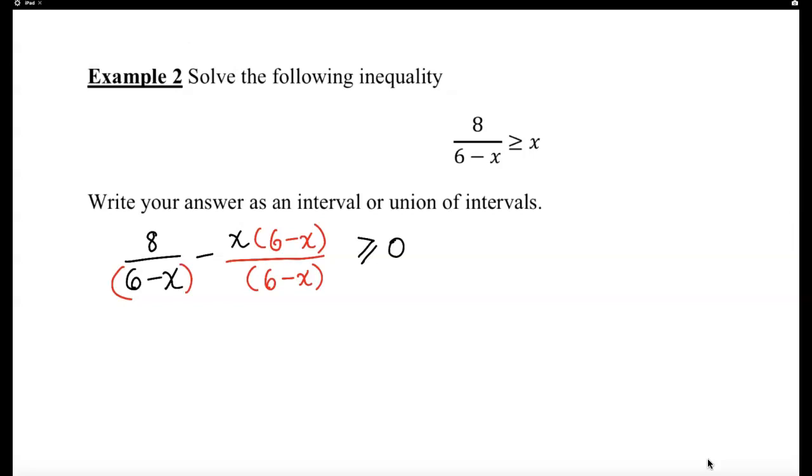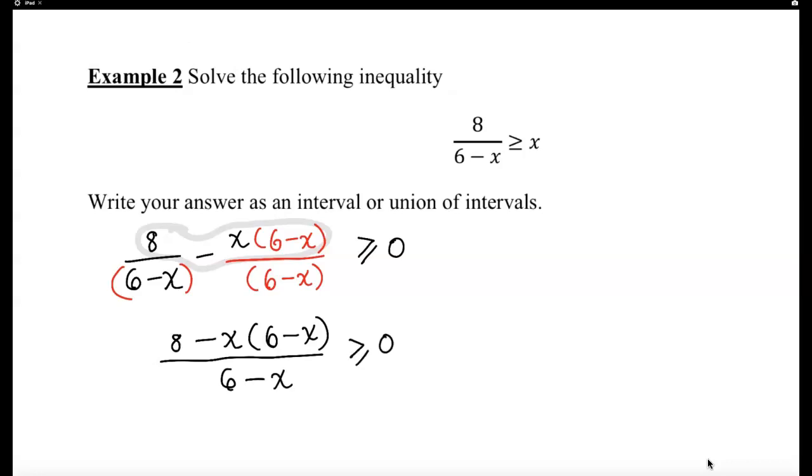Let me go ahead and write down a single fraction, writing the numerator as what I'm circling in gray. That is going to be my numerator. I'll write 8 minus x times 6 minus x, all over the denominator of 6 minus x, and that is greater than or equal to